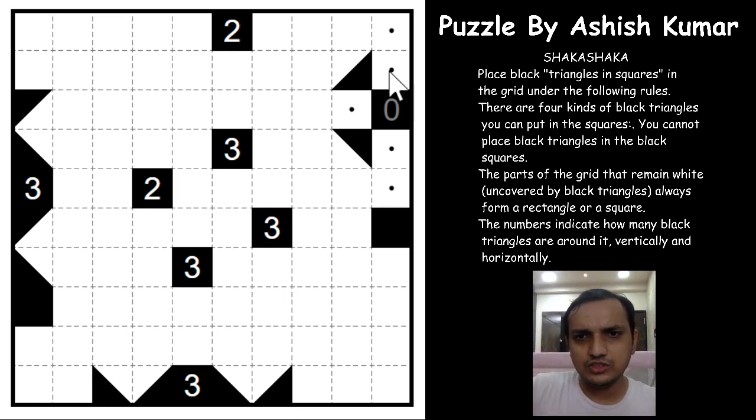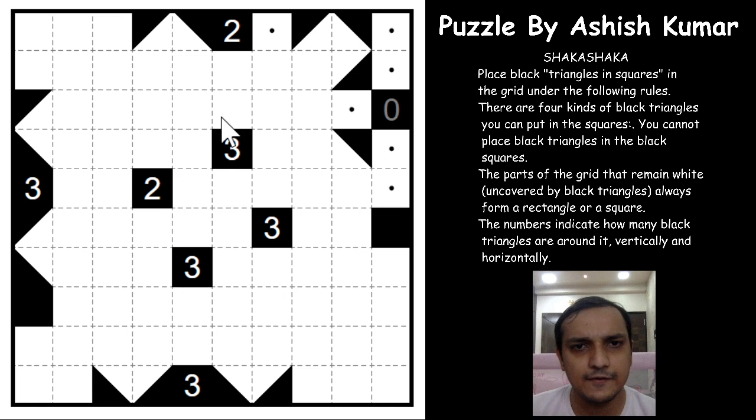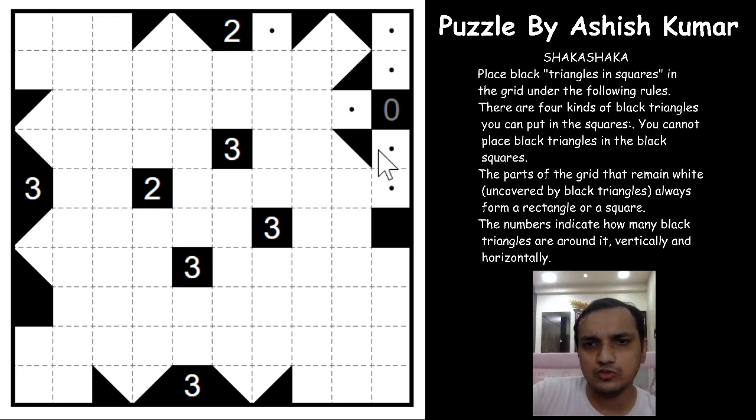So now this triangle is again at an edge. It acts as an edge, and it has to continue this way and this way. So this is unshaded again. So these two are shaded now. So we know the orientation for the edge cell, but we don't know the orientation of this one. So if this is shaded, this also has to be shaded. So we are sure that both of these have to be shaded, and this also acts as an edge, so this has to be continued like this.